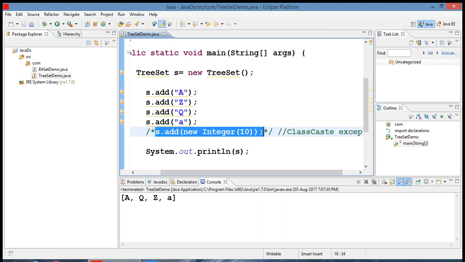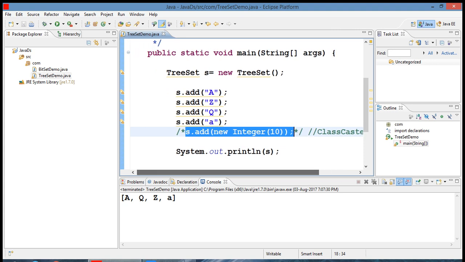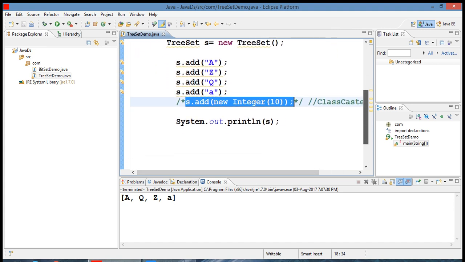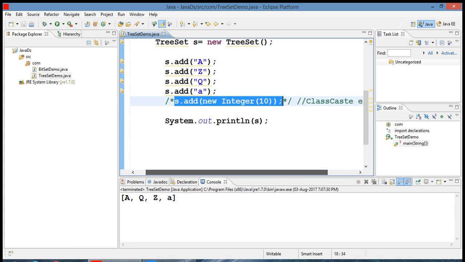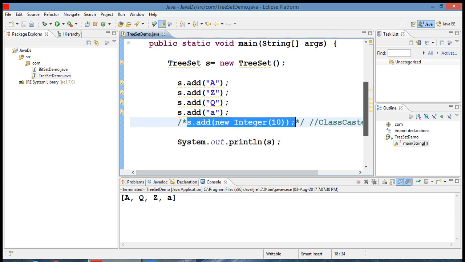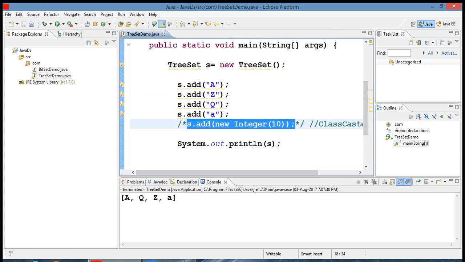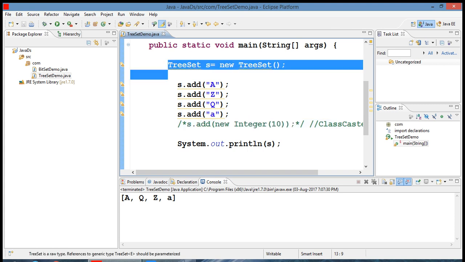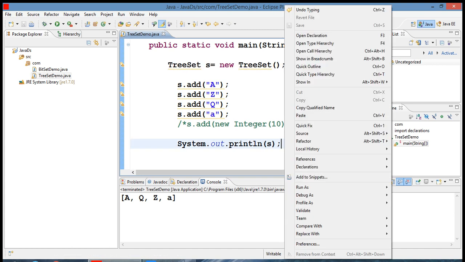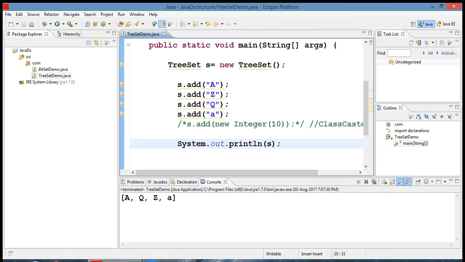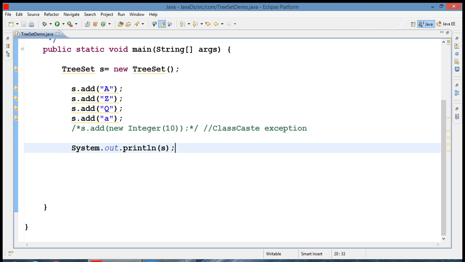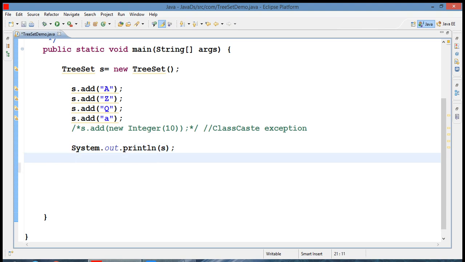Here we have created the treeset for string type data. Now we'll create one more treeset for integer type data.